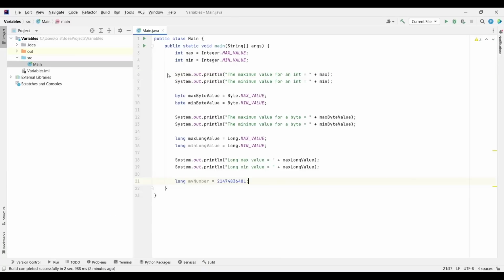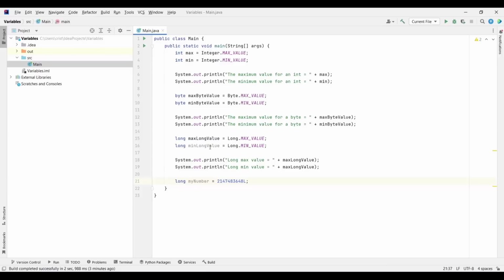Now it's time to look at the next two data types for storing numbers, more specifically for storing numbers with a fractional part. Those are called floating point numbers. We have two types here, float and double. First they differ in size. The float has a size of 32 bits and double has a size of 64 bits. And they differ in the precision. A double has a bigger precision than a float.